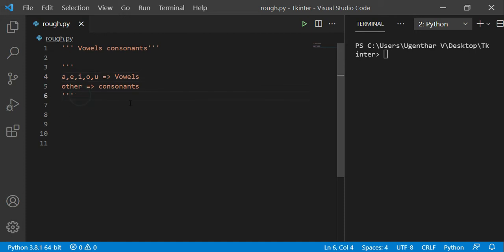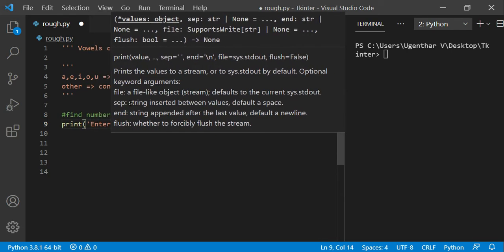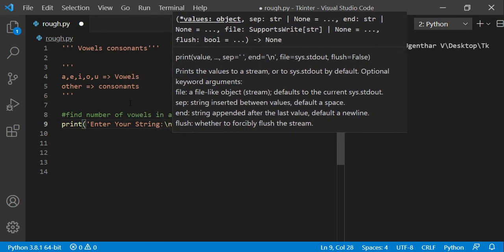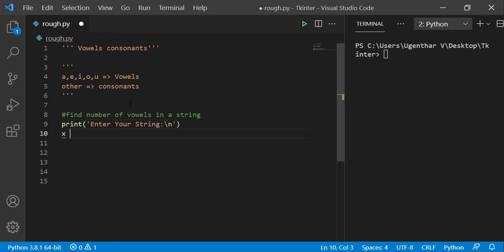Let us code this for vowels and consonants. First, let us find the number of vowels in a string. Let me use the print function: "Enter your string", using a new line. After that, x will be storing the input, that means storing the string. Now, for vowels, I will be creating a new array which will have a,